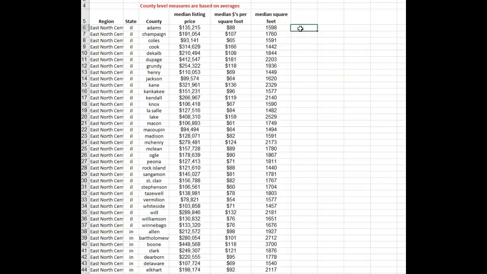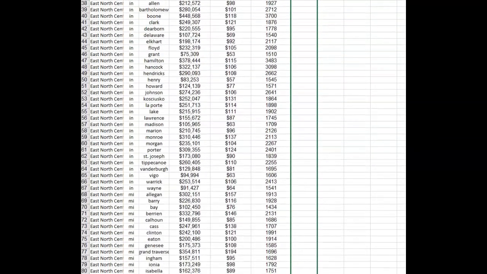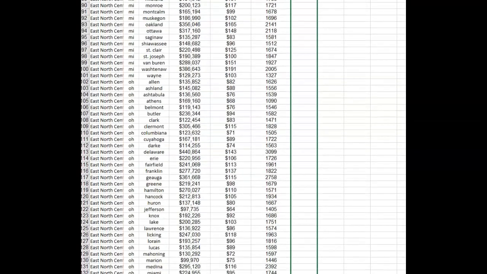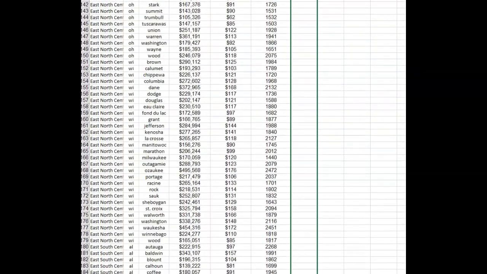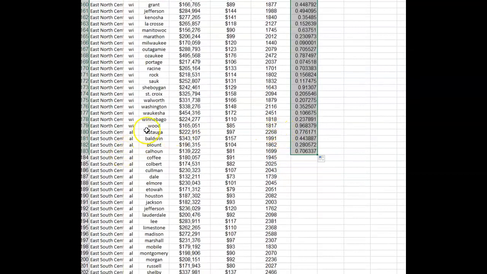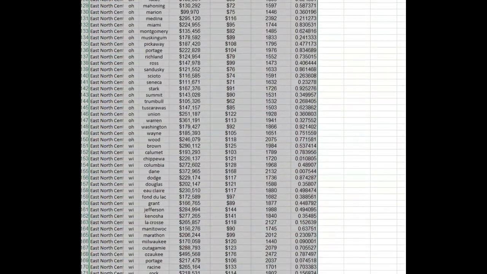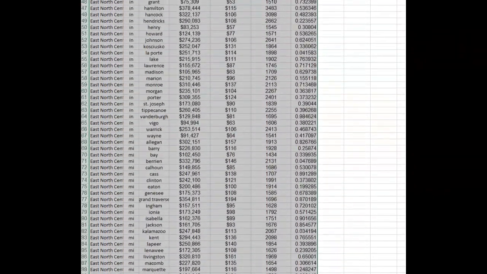And the best way to get a random sample in Excel is to use the equals rand function. You get that random number between 0 and 1. And I'm just using this first region here, East, North, Central. Pick any region you want. I'm going to drag that function down so I don't have to type it over and over. Excel will fill it in all the way through the East, North, Central. Looks like I went a little bit further. That's okay, because I'm just going to select East, North, Central and on up. I'm going to select all that data